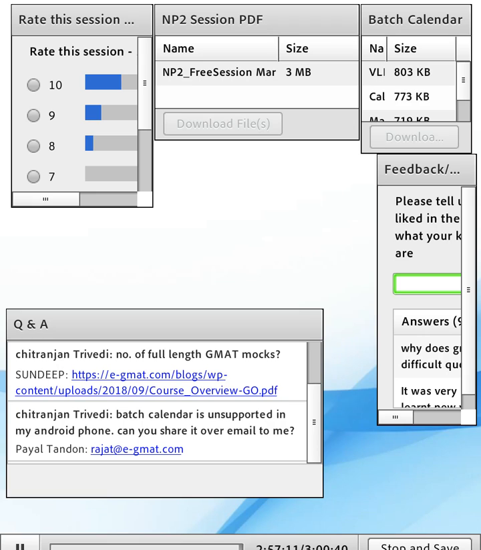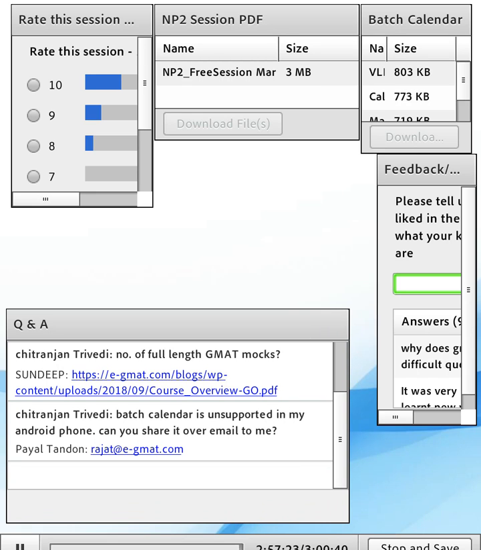Are there only weekend classes? Yes, because you go through the online course during the week. Most people who take the GMAT are working professionals, and they can study for a couple of hours per day during the week. They go through the online course, make sure they do the pre-work, and then on the weekend, they attend the live sessions.